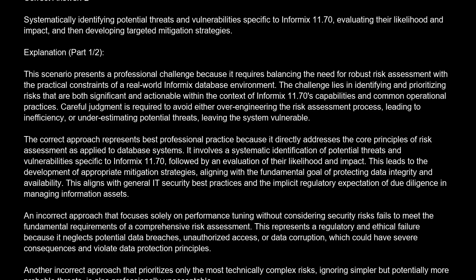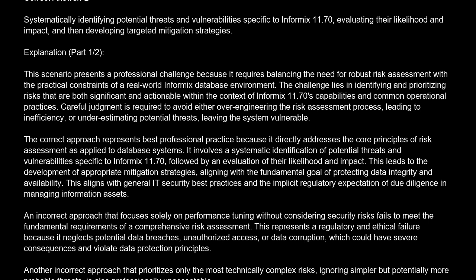the system vulnerable. The correct approach represents best professional practice because it directly addresses the core principles of risk assessment as applied to database systems. It involves a systematic identification of potential threats and vulnerabilities specific to Informix 1170, followed by an evaluation of their likelihood and impact. This leads to the development of appropriate mitigation strategies, aligning with the fundamental goal of protecting data integrity and availability. This aligns with general IT security best practices and the implicit regulatory expectation of due diligence in